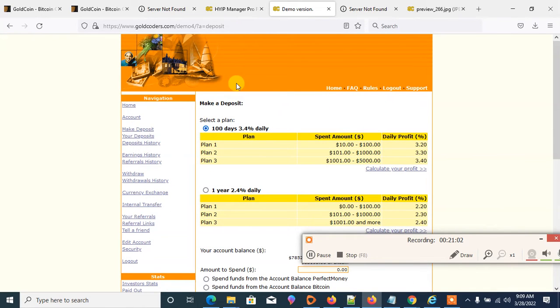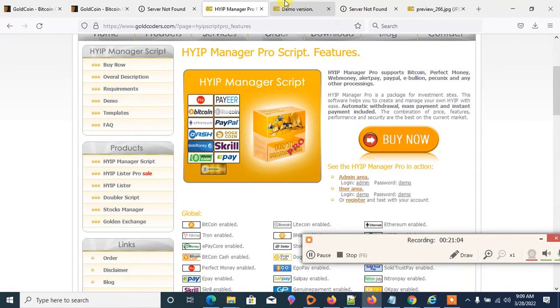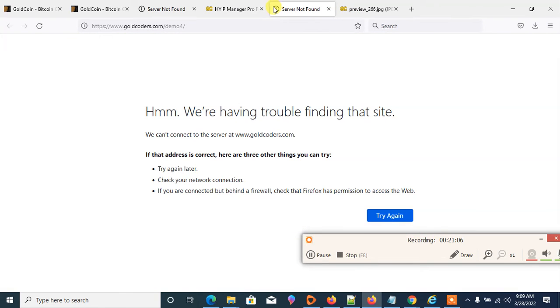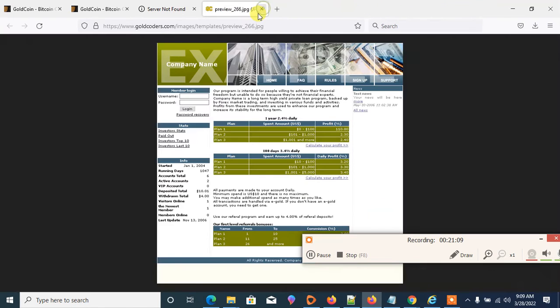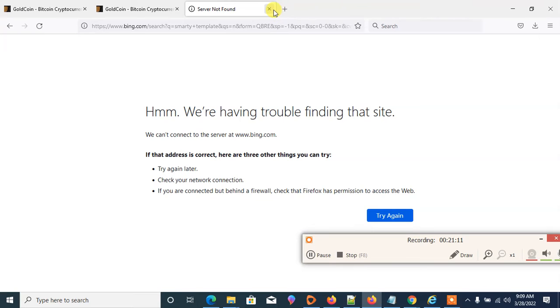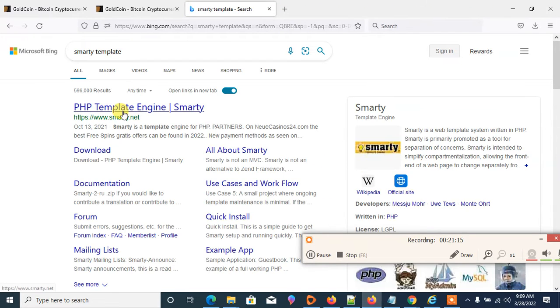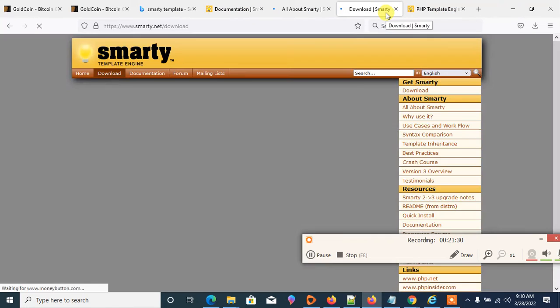So we should be off from here. We don't need this anymore. PHP Template Engine, smarty.net. That's what it is used in. We see the documentation, we see all about Smarty. We can download the engine. Okay, Smarty